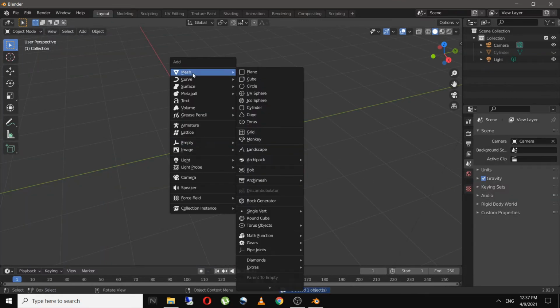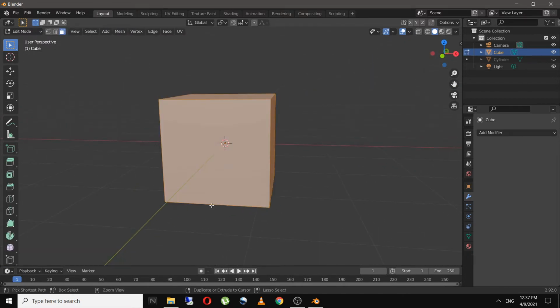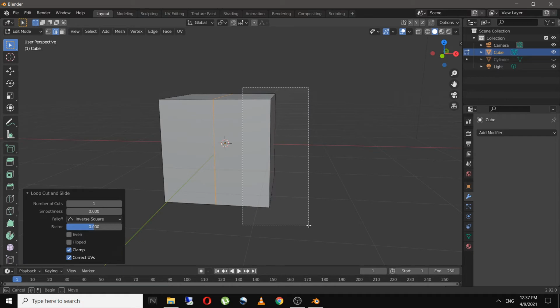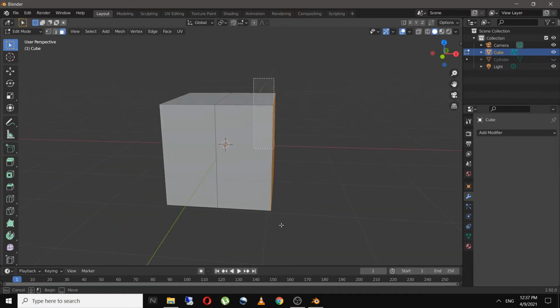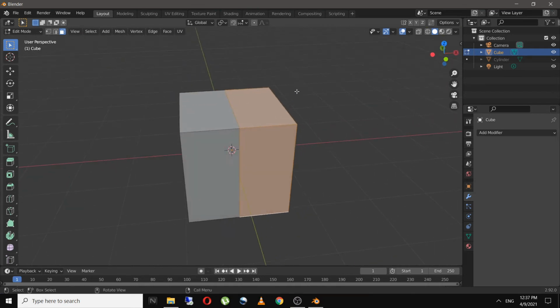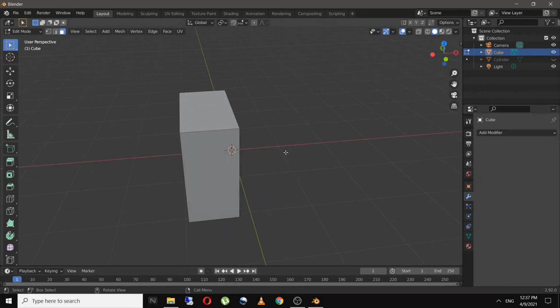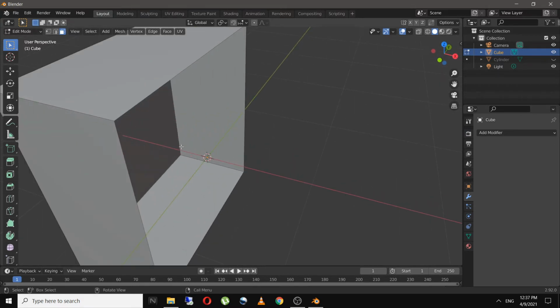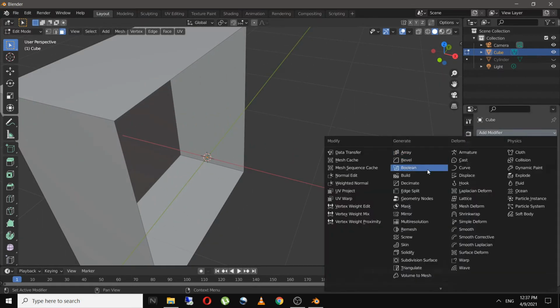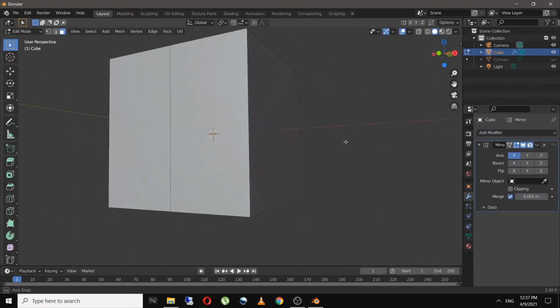And now let's add in a cube. I will add in a loop cut over here and delete these faces. Make sure the origin of the cube is not changed. It should be in the middle. And now add in the mirror modifier. As you can see, the mesh is now being duplicated on the x-axis.